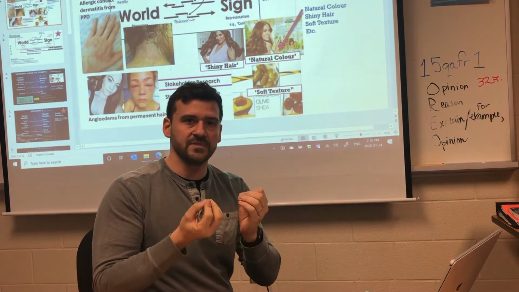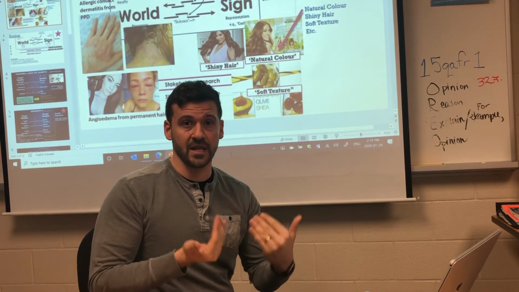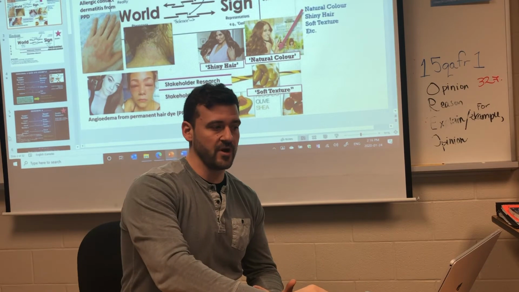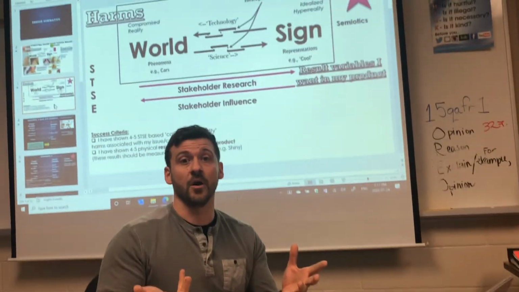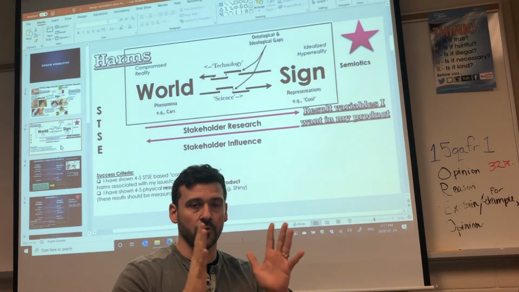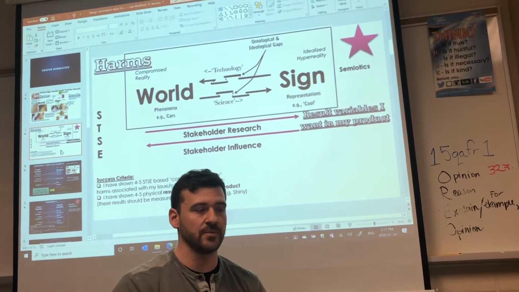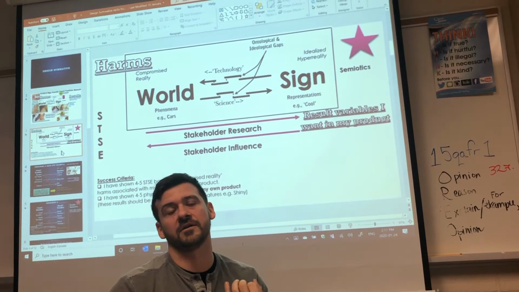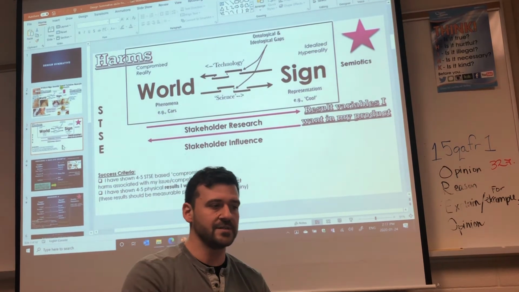So the first thing I have kids make is essentially something called the world sign image. And this is borrowed from sociology, where we use something called actor network theory to map out interrelationships that a product may have. And it also has another important concept called semiotics. Semiotics are signs and symbols traditionally used to sell. So the example that I give